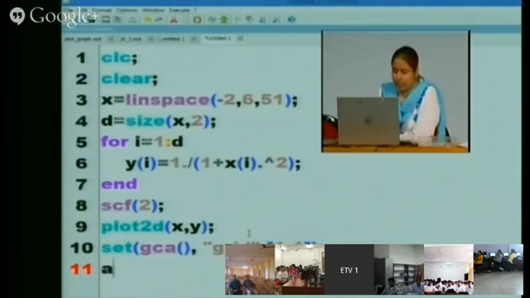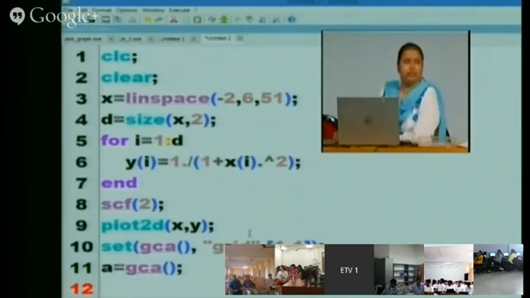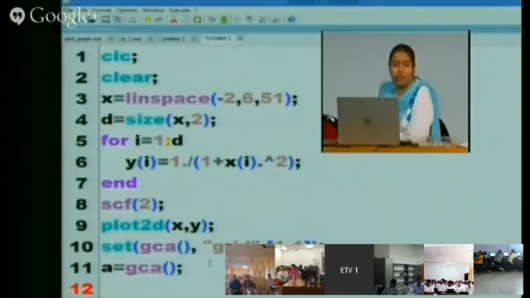Now a is equal to gca. Now this handle, what I told earlier, h is equal to gca, means you are getting the current axis handle to this a. You are giving the handle to the a variable.